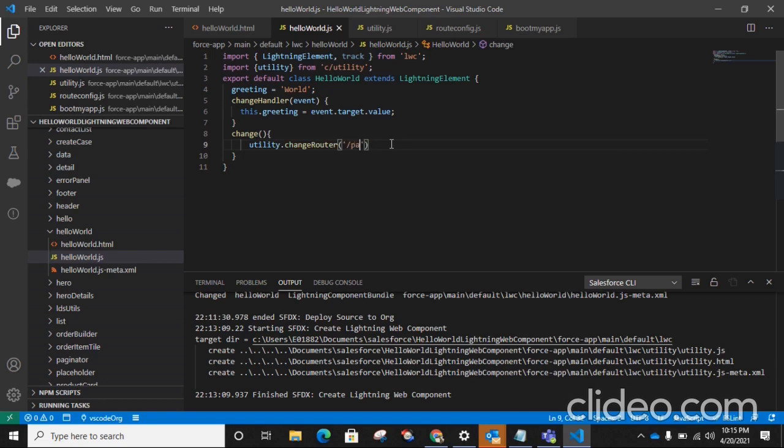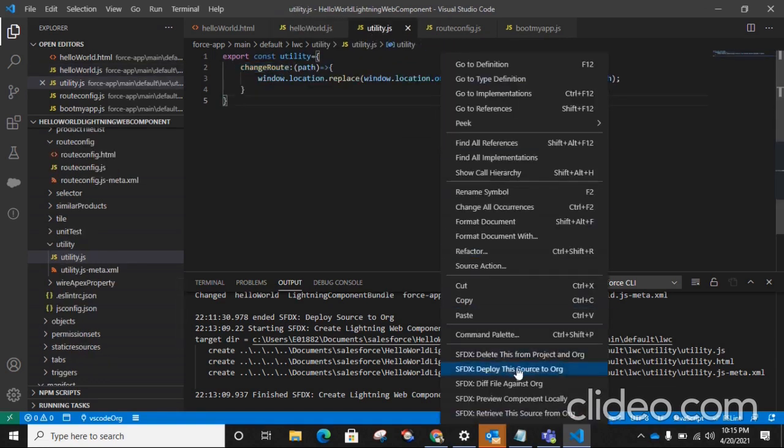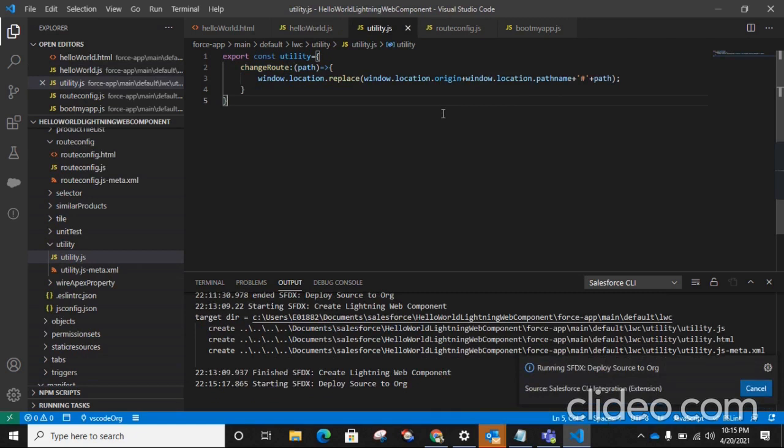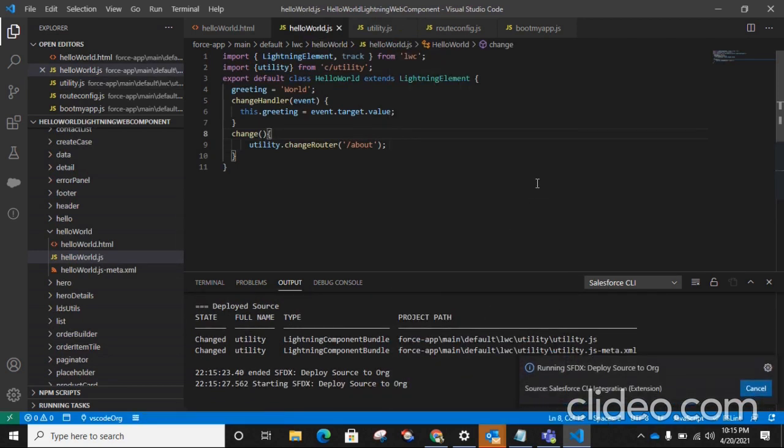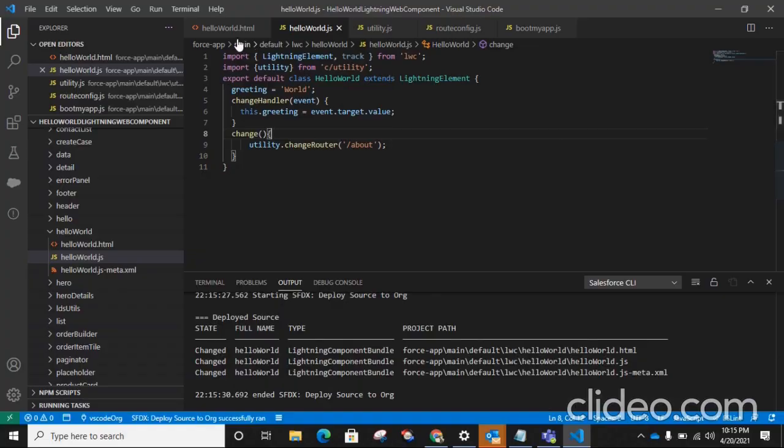Sorry, about. So I just want to go to the about route. So deploy utility first, then deploy hello world, then check it.